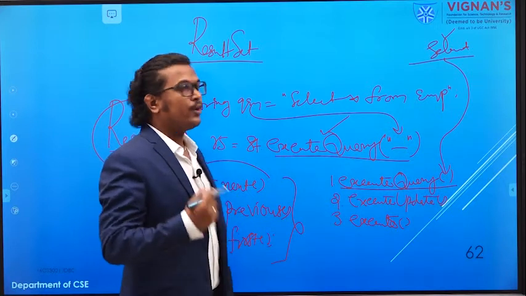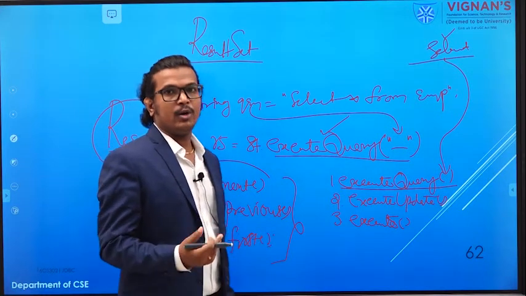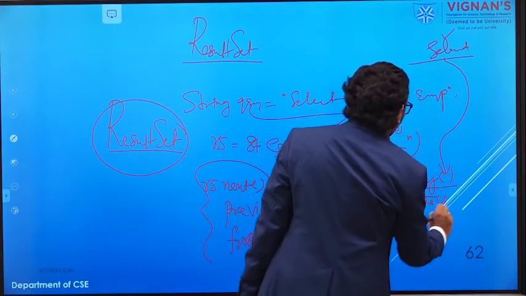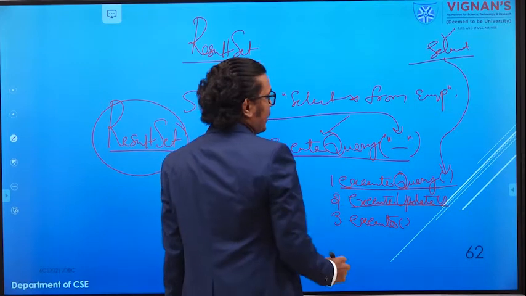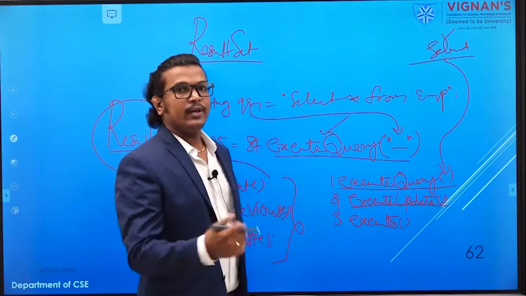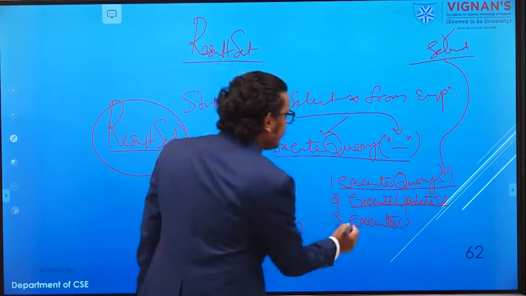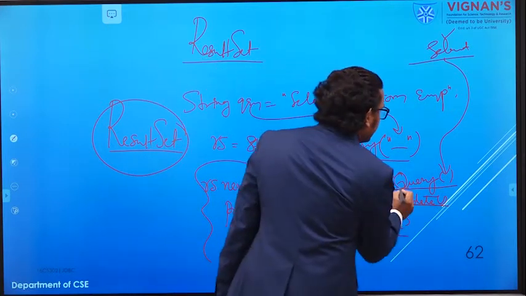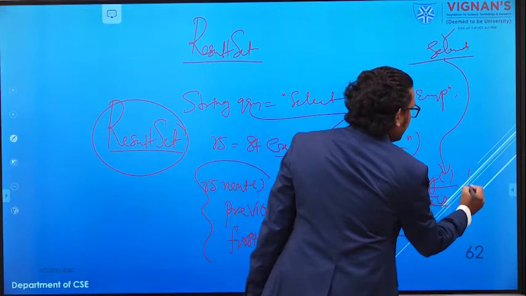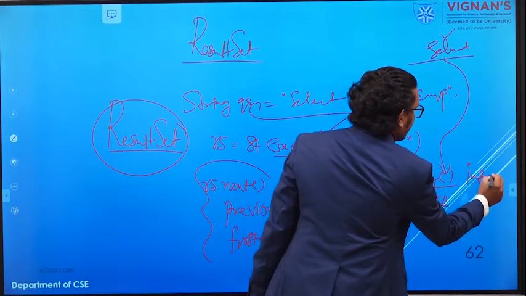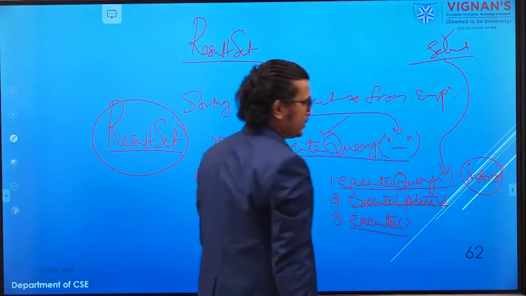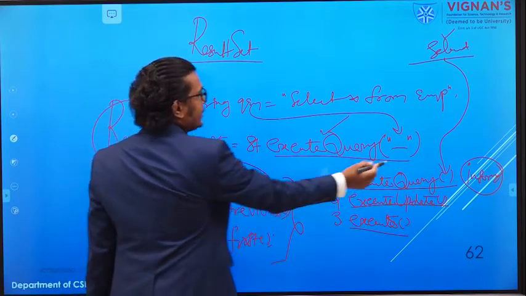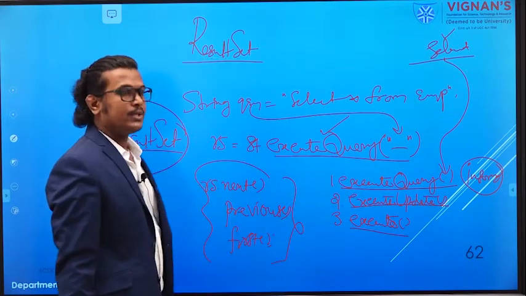If you want to make any modifications in your database or in your table, for that you can use executeUpdate. And if you only want to check whether your query is executed or not, for that you have to use the execute method. Okay, so executeQuery will return some information, and with the help of the result set methods we can retrieve that information and display it in our table.